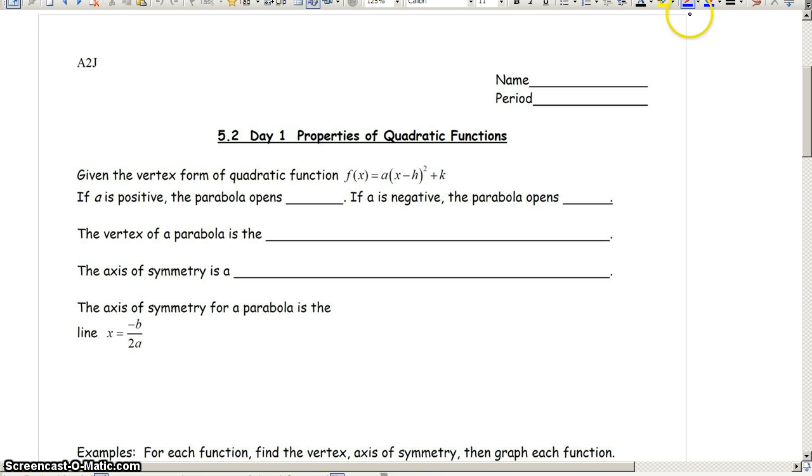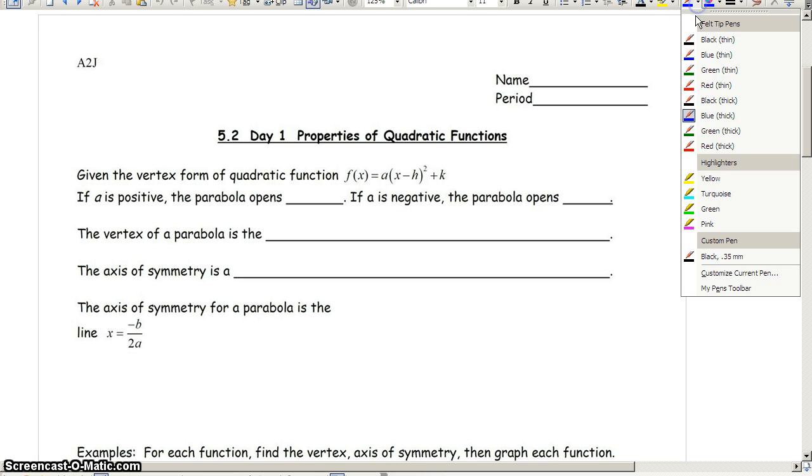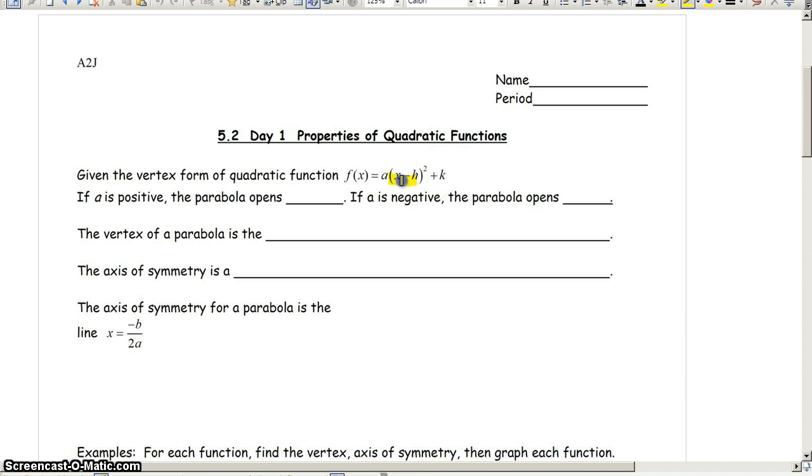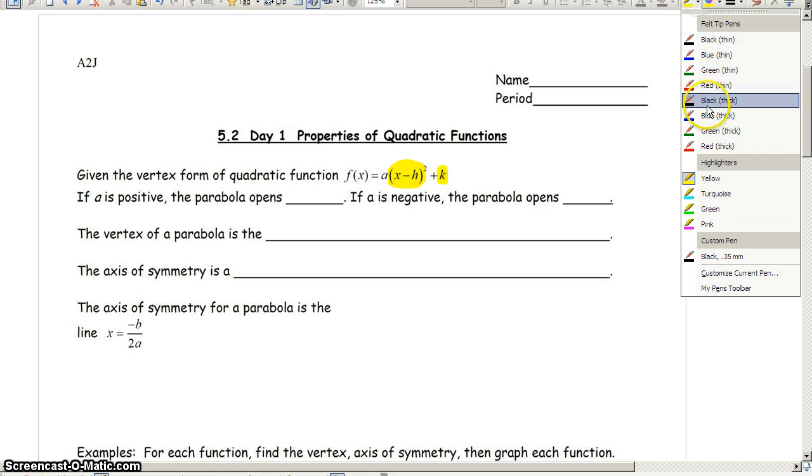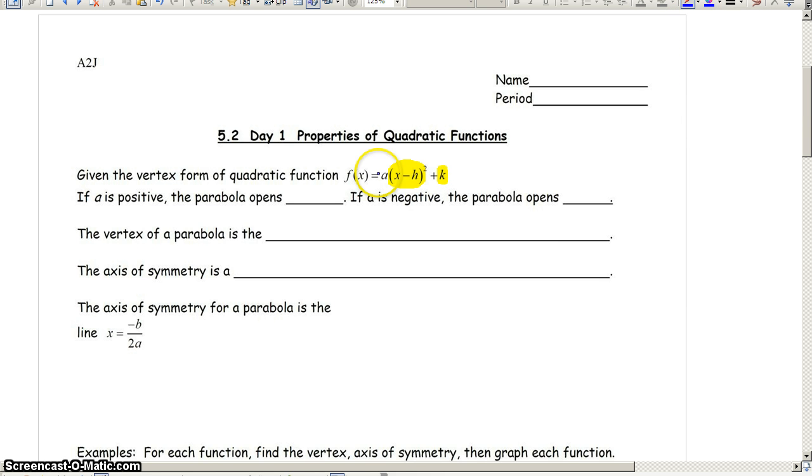It says, given the vertex form of a quadratic function, you can see that this is looking a little bit different from the way we started chapter 5 off. This is vertex form. Remember, if A, and this is the same A that we studied in section 1, if A is positive, the parabola opens up. It would look something more like this. If the parabola is going to open down, we're going to have A being negative, and it would look something